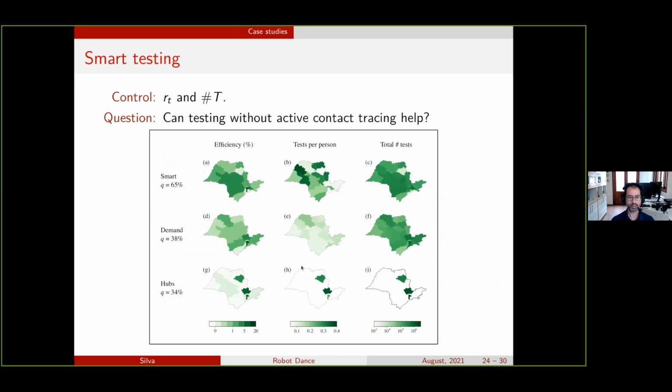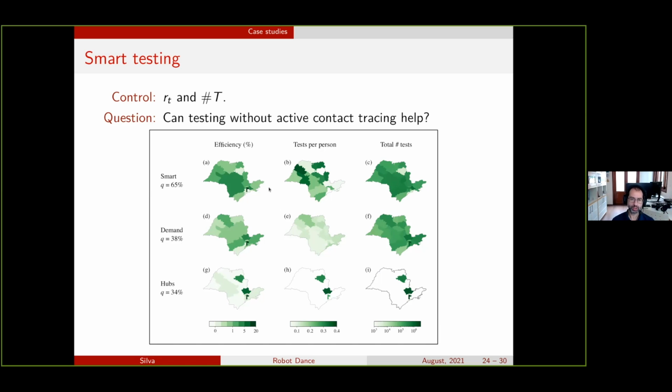This is a picture that comes from the paper that talks about doing testing in different regions of the state. We usually use the state of São Paulo as our subject because we live in the state of São Paulo. And to do it in the whole country, we usually don't have the data. That's one of the things. And the optimization problems become too big to solve in a reasonable amount of time. The optimization problem here has like 250,000 variables, something like that, and a similar number of constraints, okay?